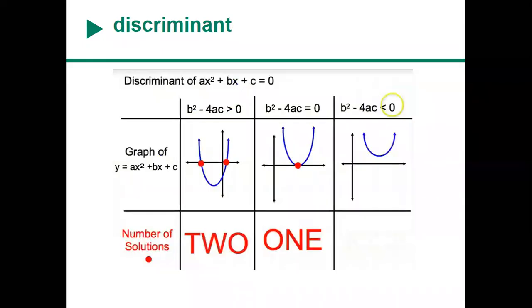All right, discriminant. The discriminant is the part underneath the square root of the quadratic formula, but it can also be calculated without it. It's just your b squared minus 4ac. Your discriminant tells you what type of solutions you're going to have. So if I look at my discriminant,